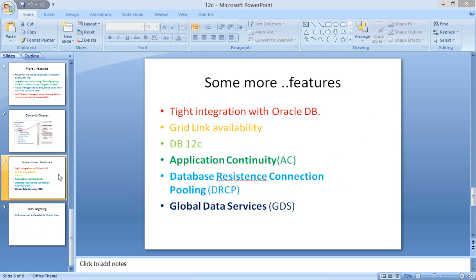GridLink uses the Oracle Notification Service, ONS. Instead of a listener model, we have an ONS model now. The ONS model basically provides high availability across RAC nodes. It has other features